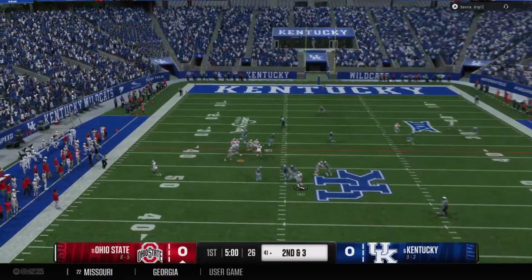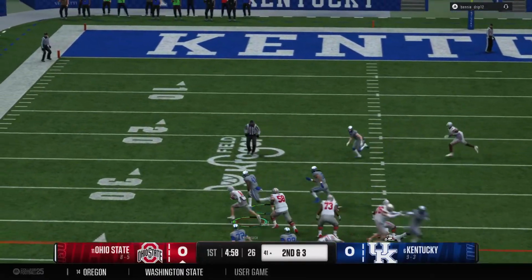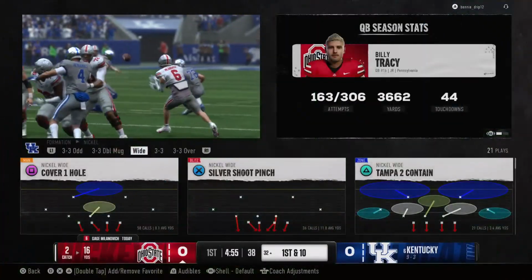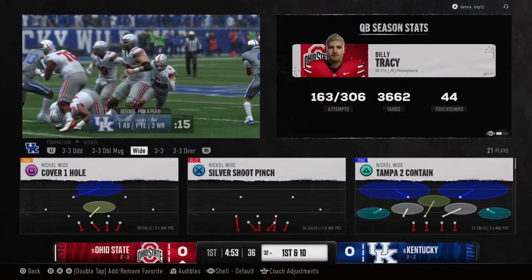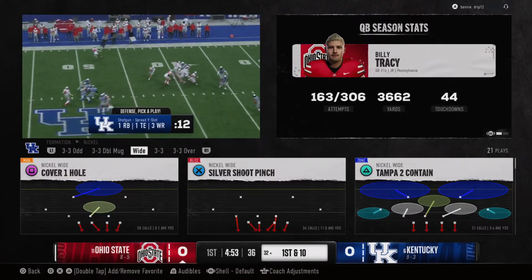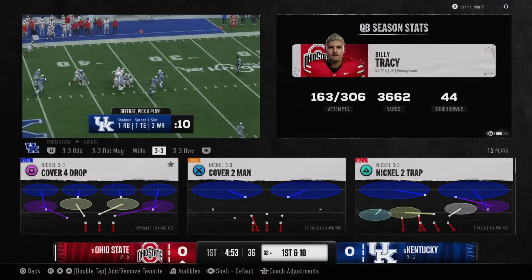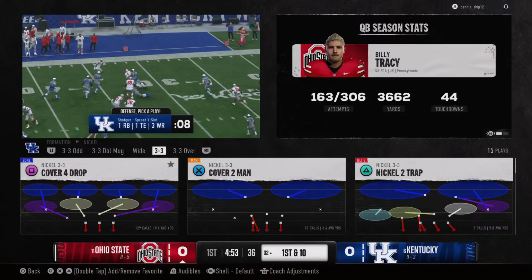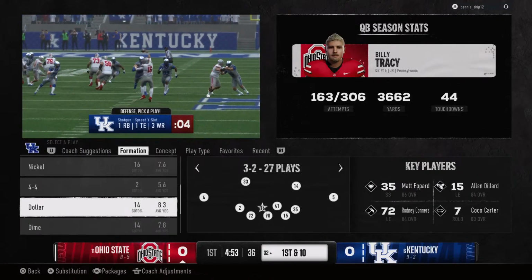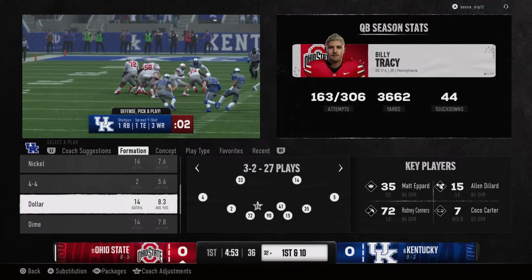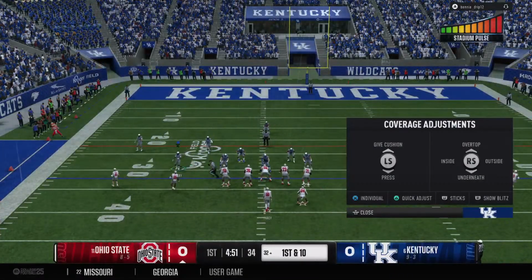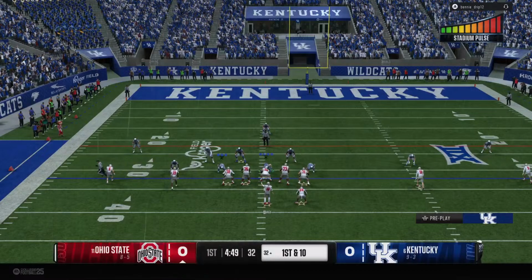Here's the snap. Quarterback drops back. Receiver makes the grab. Good execution. Gets a block and gets the first down. Now, the receiver does all the work here. Man, that is easy living for this quarterback. Really good footwork by the receiver. Gets the separation. And at that point, it's just pitch and catch for the quarterback. Pass complete for a first down. The offense gets a fresh set of downs.